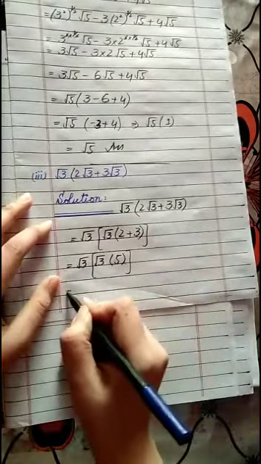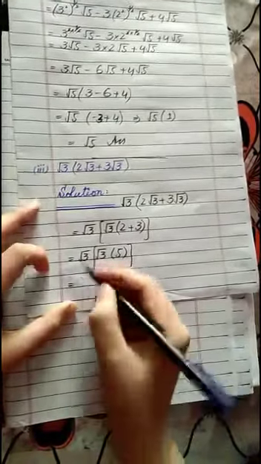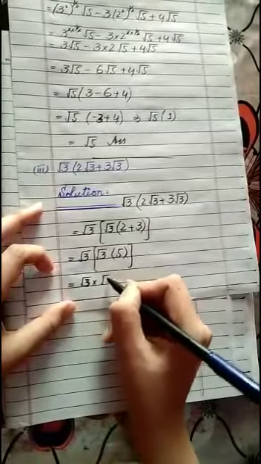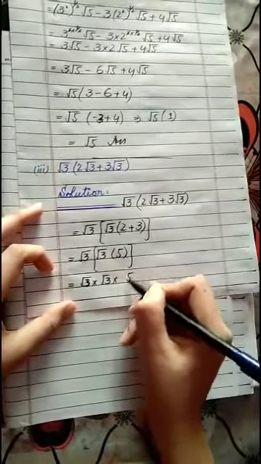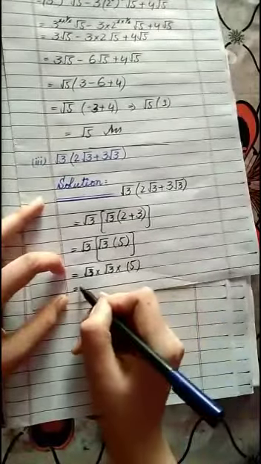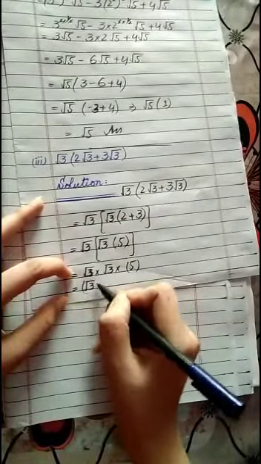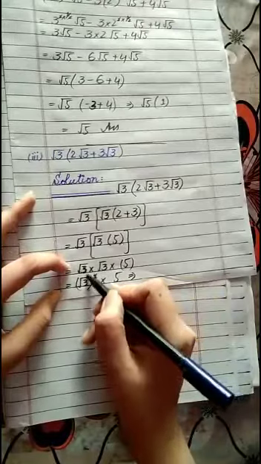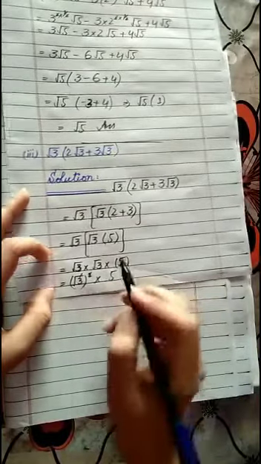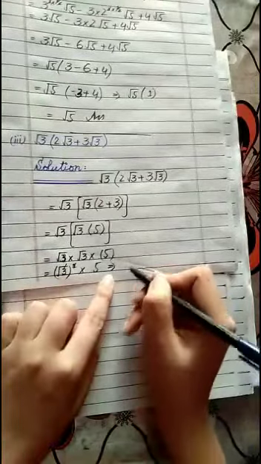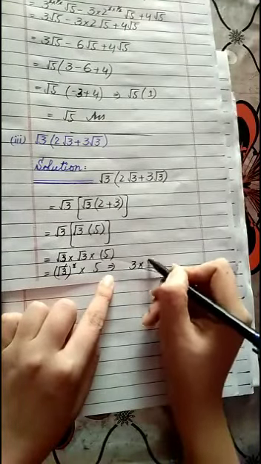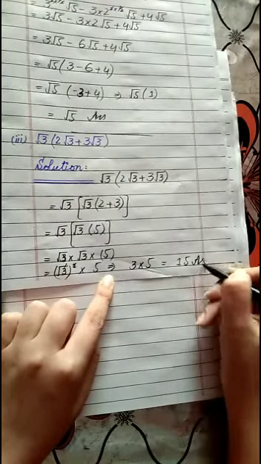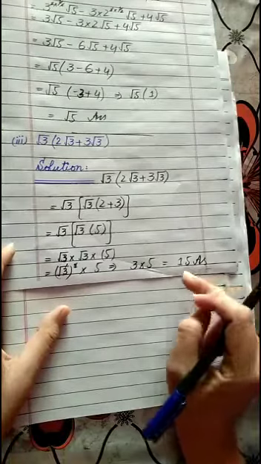Both will be multiplied now. As both will be multiplied, so what did we get? Square root 3 multiplied by square root 3 multiplied by 5. Square root 3 two times, so we can take its whole power, multiplied by 5 as it is. You know, power will be cut with power, square root. As its power is 1 by 2, we have already done a lot of questions with this method. So what is left? 3 multiplied by 5 is there. 5 is as it is. So what we got is 15. It's the final answer of question number 3, part 3, students.